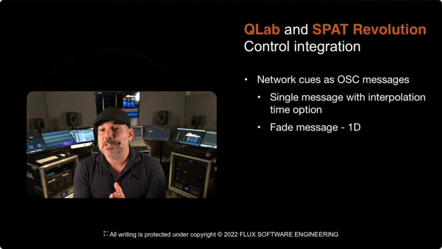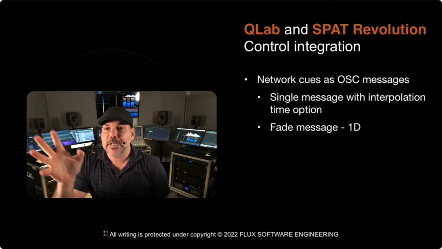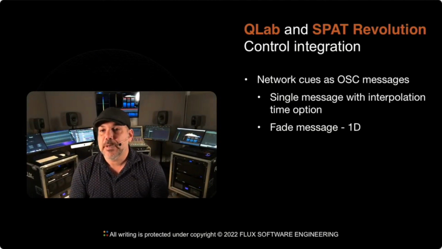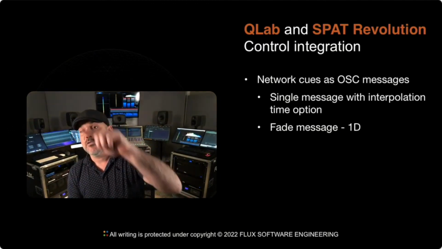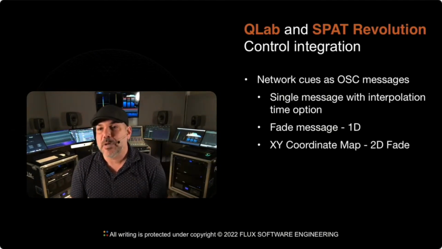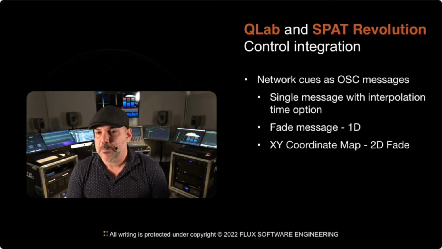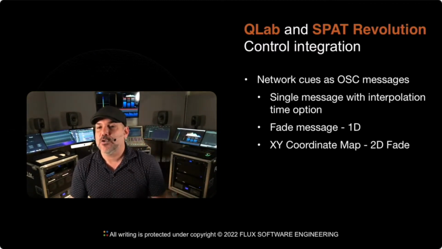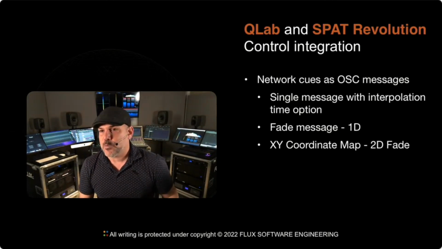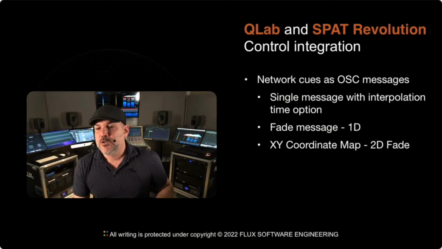So those fade messages are basically, instead of using interpolation, you're going to be using the ramp, an actual ramp in 1D. So basically going from one value to the other over a certain time. And thanks to QLab for this. And last but not least, it's what we call the 2D fade, the XY coordinate map, right? The X and the Y of a source in space, the position, which is a part of QLab as well. So those are kind of our three ways of integrating